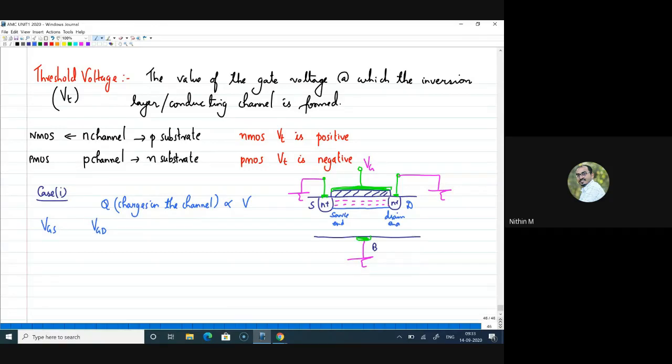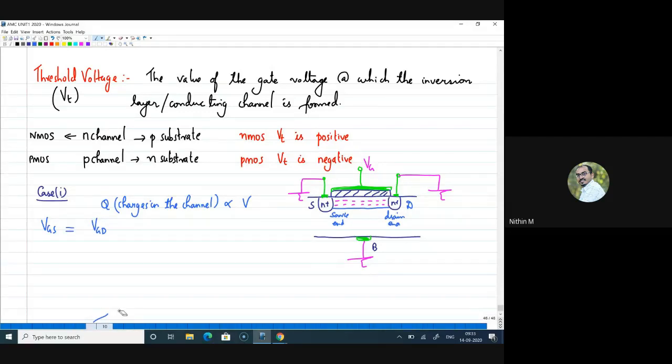Now what is the condition of this VGS and VGD? Are they equal? Can I get a response? Both source and drain are at ground. Now if I write the potential as VGS and VGD, are they equal? Can I get a response? Yes, they are equal, right? VGS and VGD are equal. So I can say that VGS is equal to VGD.